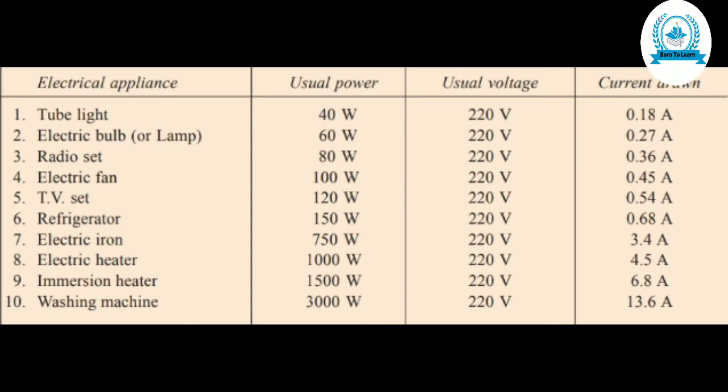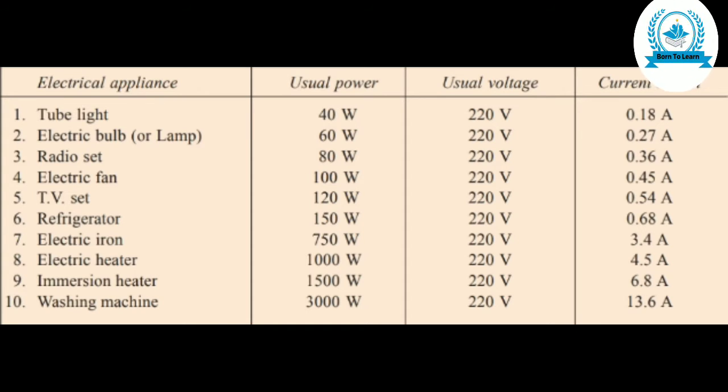Power and voltage rating of electrical appliances. Every electrical appliance like an electric bulb, radio or fan has a label or engraved plate on it which tells us the voltage to be applied and the electrical power consumed by it. For example, a particular bulb in our home may have the figures 100 watts, 220 volts written on it.